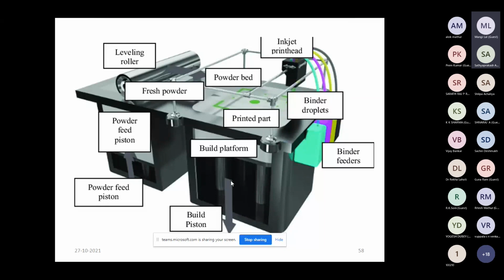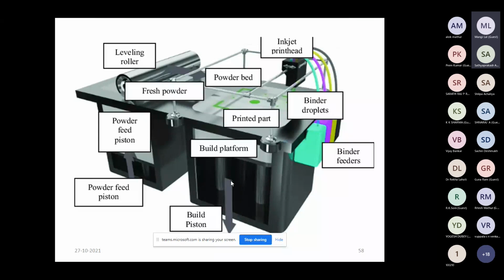The only difference between direct metal laser sintering and the ProMetal system is that instead of a laser, we use here the inkjet print head.